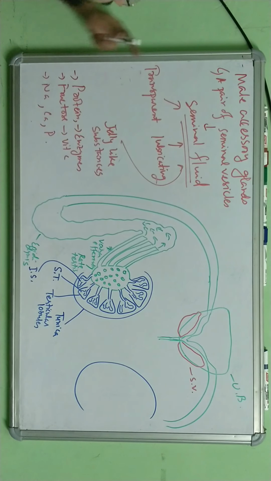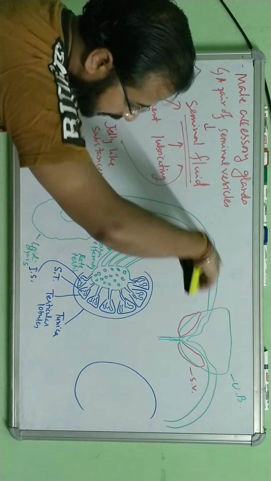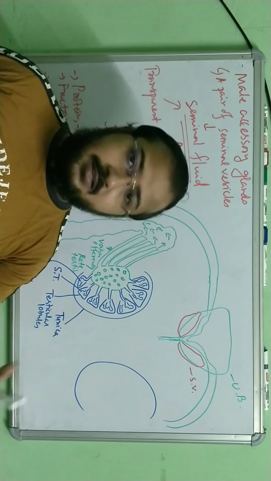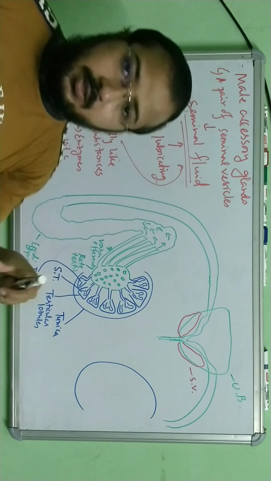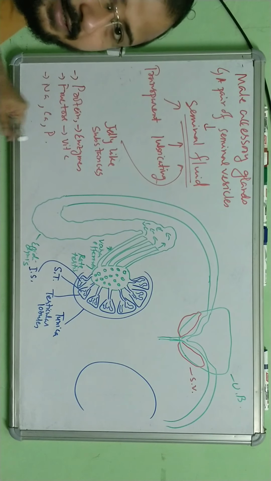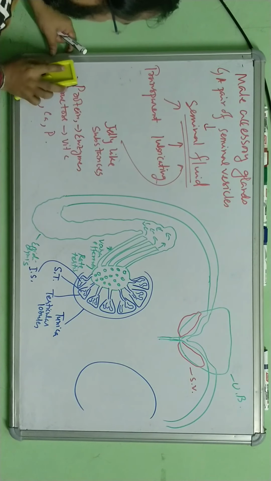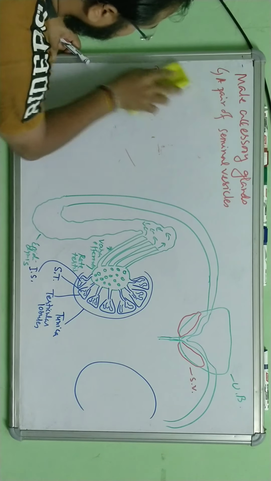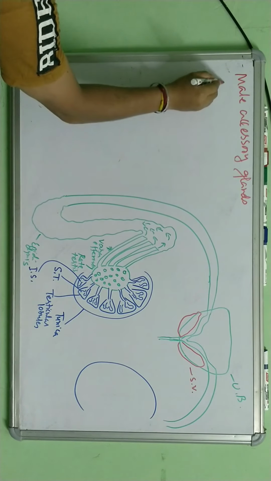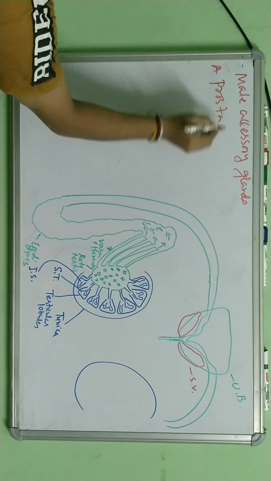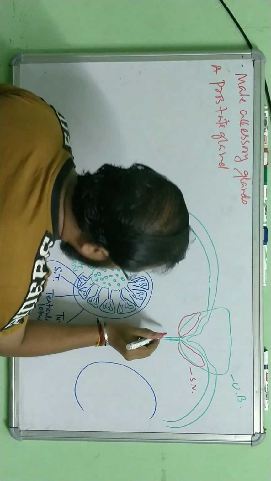So this is what the seminal vesicles are doing. The fluid secreted mixes with what is coming through the vas deferens, the fluid and the sperm, and the seminal fluid mixes up with that. And what is there in the fluid we have seen in detail here. So it is the starting of the formation of the semen. So next, move on. Our next is the prostate gland, right? A single prostate gland. The location is here.